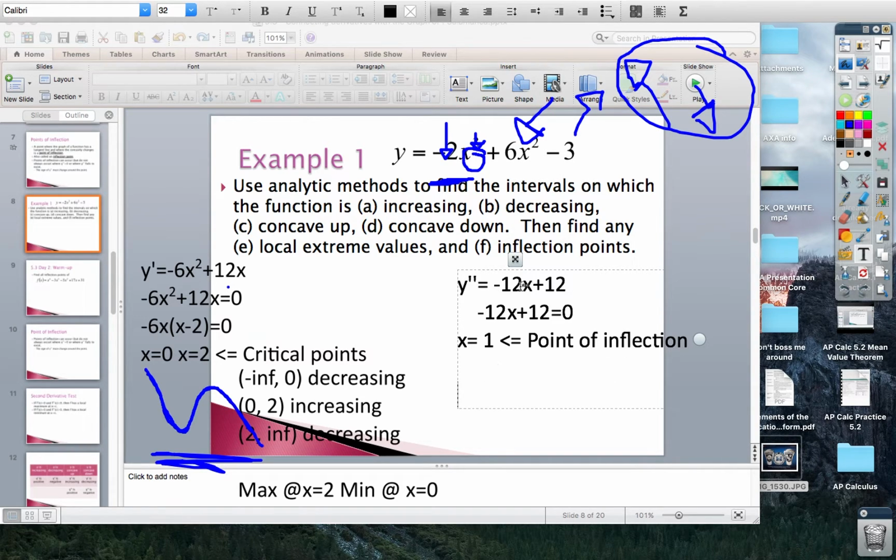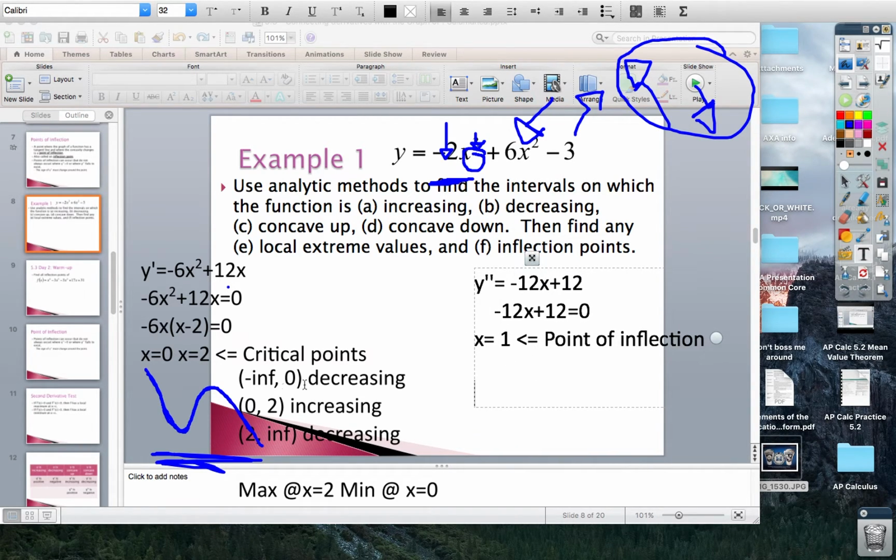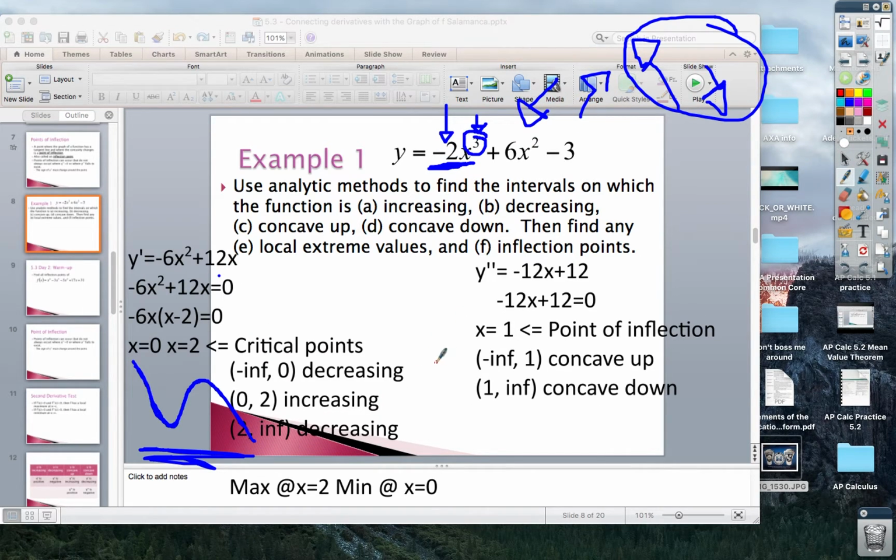Now, because we have an idea of what our graph's going to look like already, we know that from negative infinity to 1, this is going to be concave up. And from 1 to infinity, it's going to be concave down. And the way we know this is, again, if we look at our very rough sketch over here,